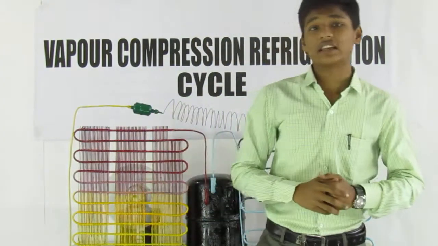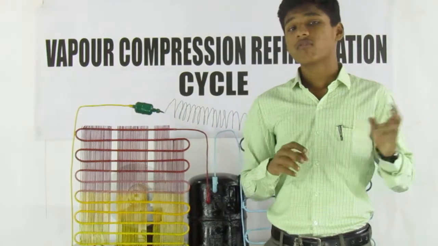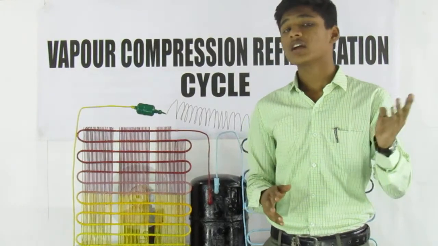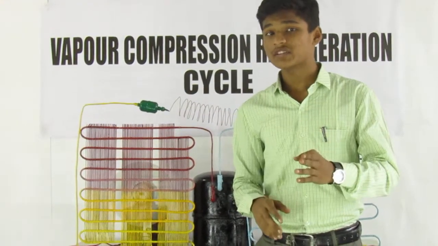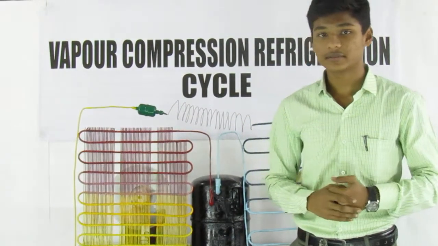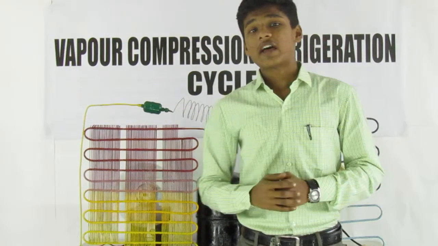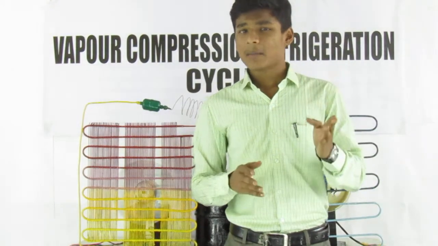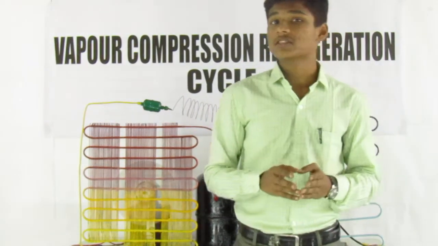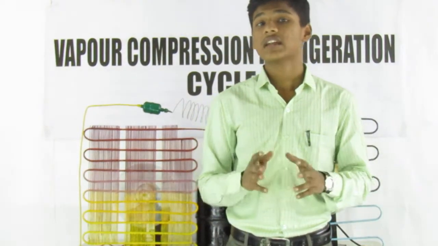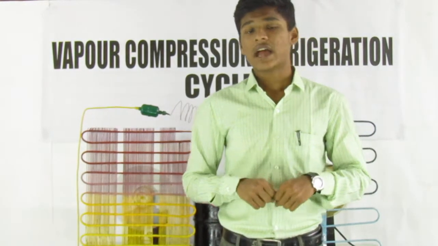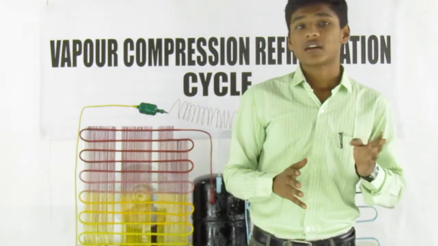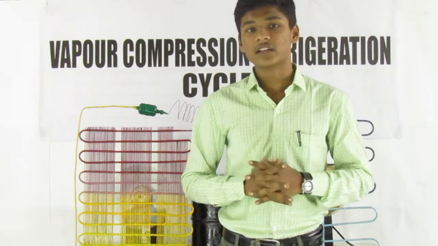The function of the evaporator is to absorb heat from the surroundings, and the low pressure, low temperature, saturated liquid refrigerant converts to low pressure, low temperature but superheated vapor refrigerant. In the evaporator there is low pressure, low temperature liquid refrigerant. The evaporating liquid refrigerant temperature is lower than the surrounding temperature, so the evaporator absorbs heat. After absorbing heat, the liquid refrigerant boils up and then the surrounding area is cooled.